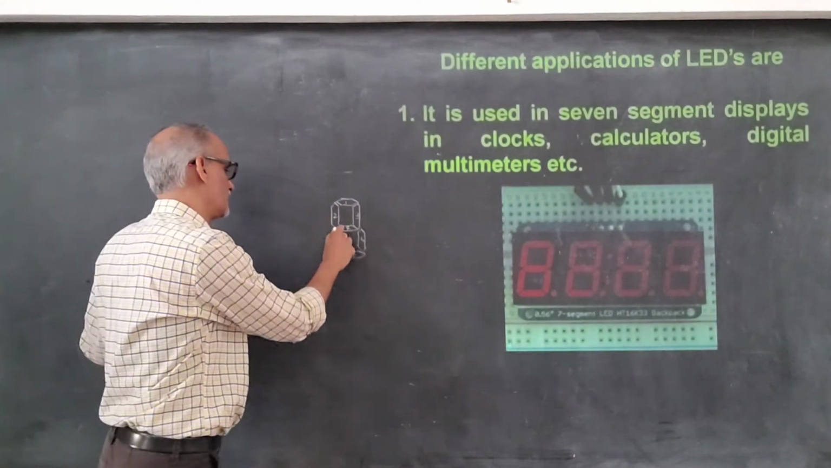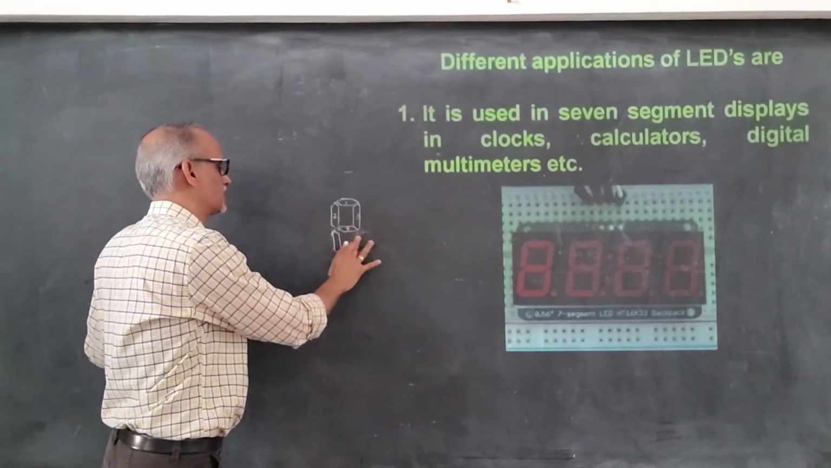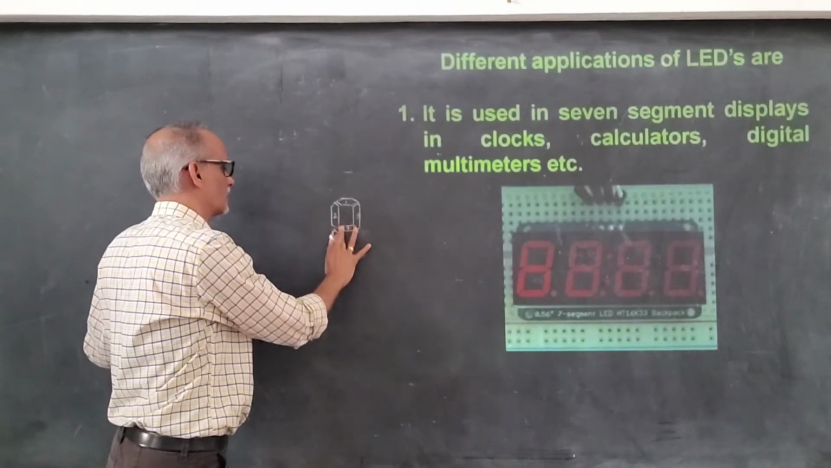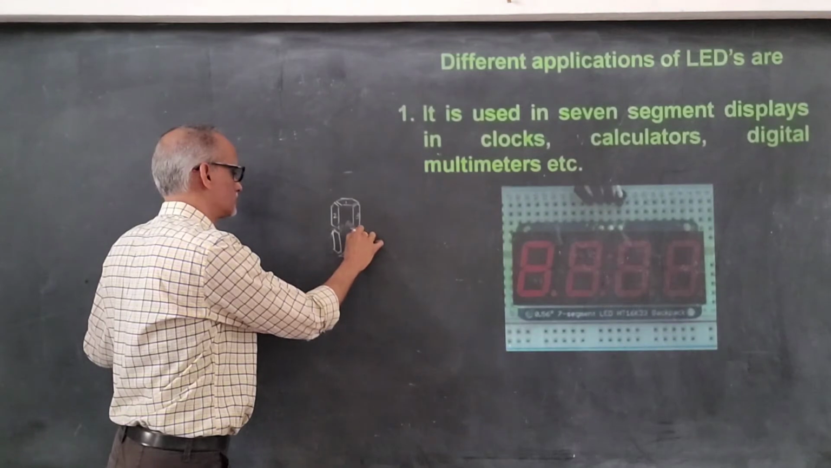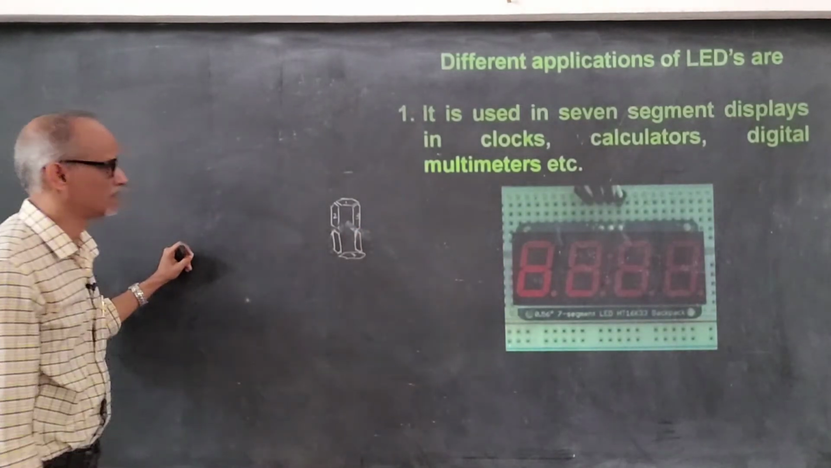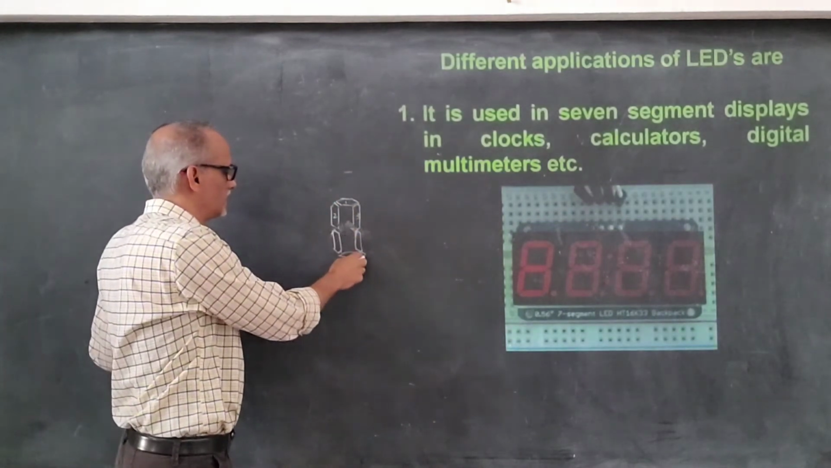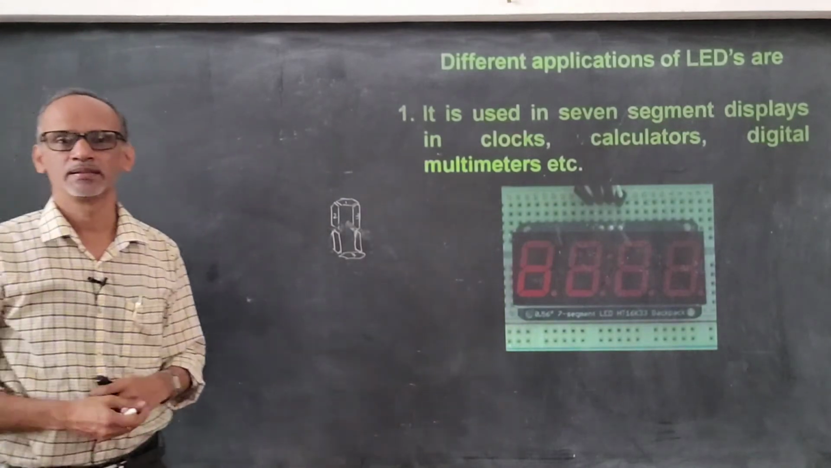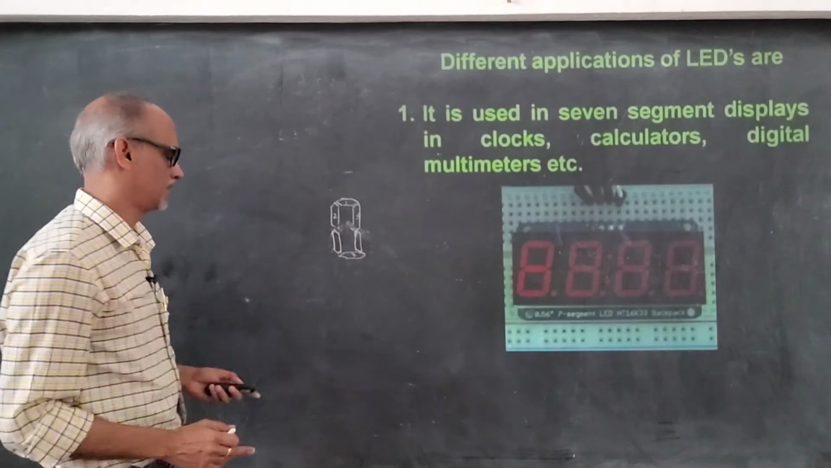So if I retain this, and then if I control the light in this portion here, let's consider this part here, then we get the number 0. So like this, by controlling the light of the various parts, we get this kind of display. This is called a 7-segment display, because there are 7 parts in a particular display, which